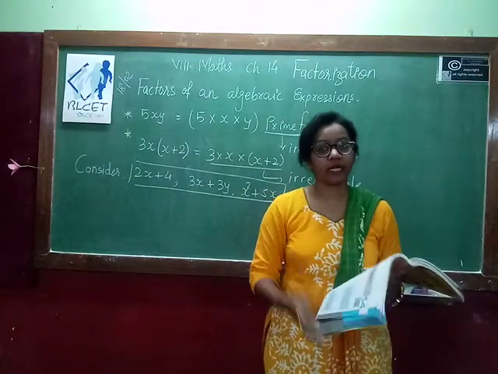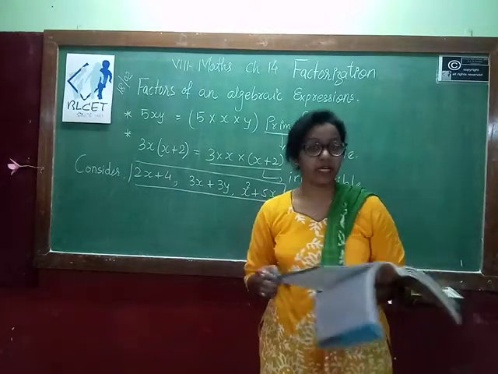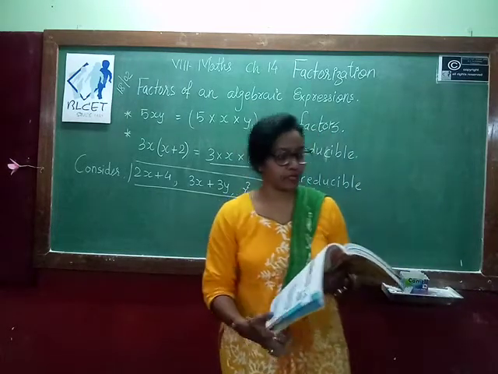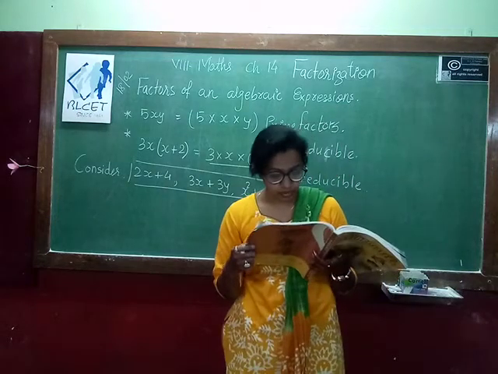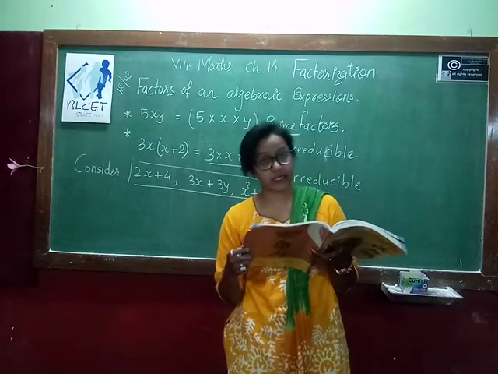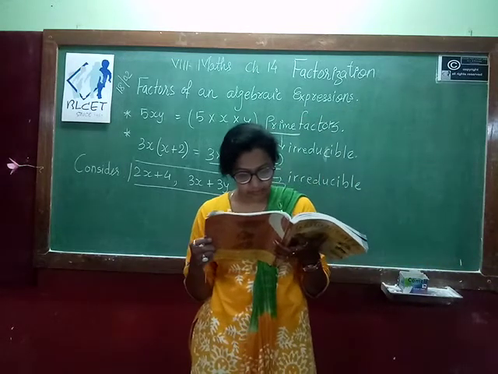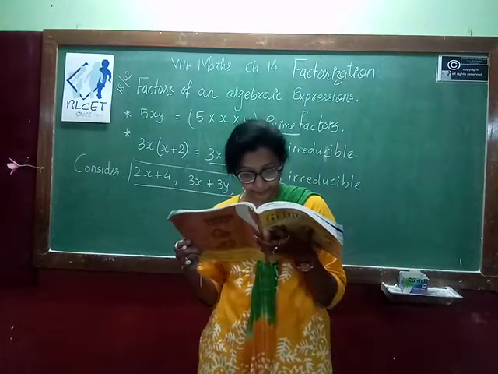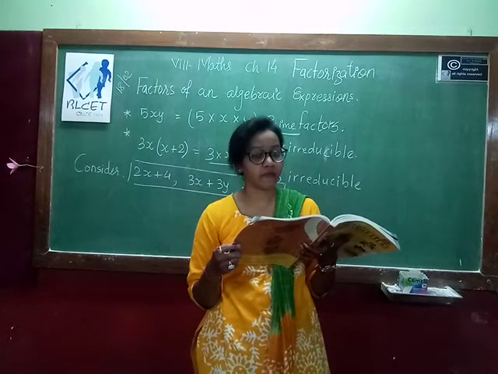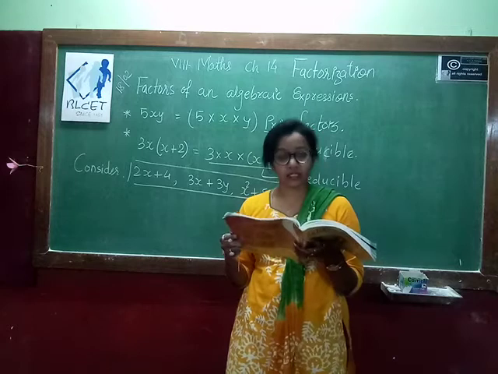We know that if you want to find the factors of a natural number, say 30, how will you find it? 30 we can write 2 into 15. Again 15 we can write 5 into 3. So we can write the prime factors of 30 like 2 into 3 into 5. Or we can list out the factors of 30 like 1, 2, 3, 5, 6, 10, 15 and 30 are the factors of 30. Of course 2, 3 and 5 are also factors of 30, but they are prime factors. So this is how we can find the factors of natural numbers.